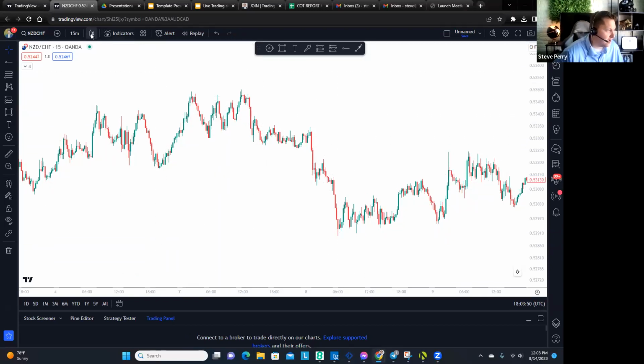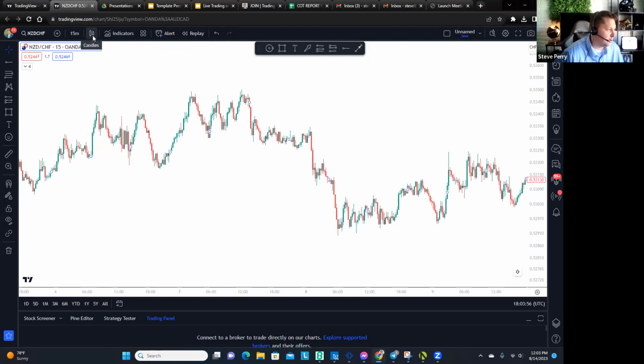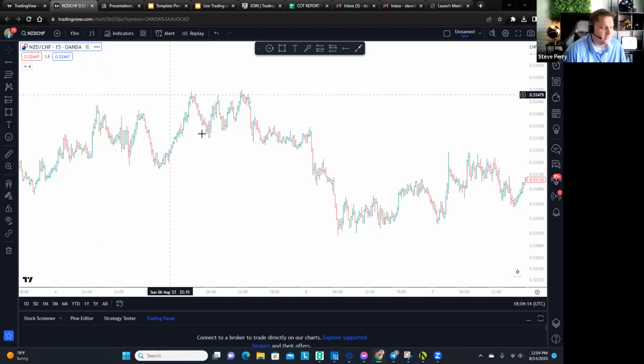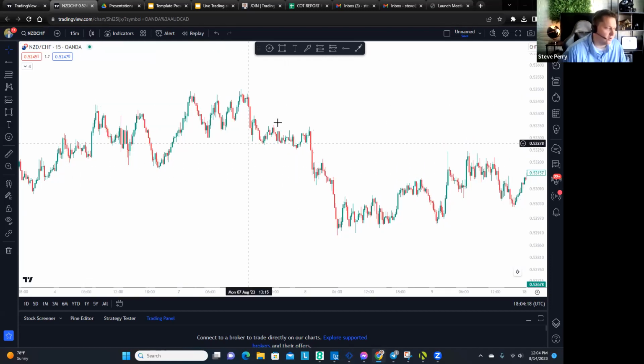Now you also have different ways of viewing price action. Here in TradingView, you can actually come up here to the top. There's this little ribbon up here of different things you can select. One of them is right here, and if you click on it, it brings down this drop down of different options. So candlesticks are probably the most common way to view a chart. And these, like I said, this is a bar, here's a candle, and these are candlesticks right here.